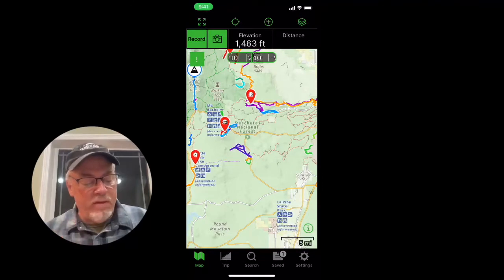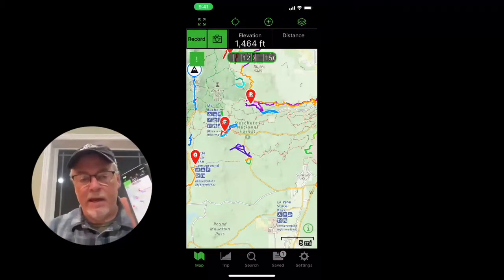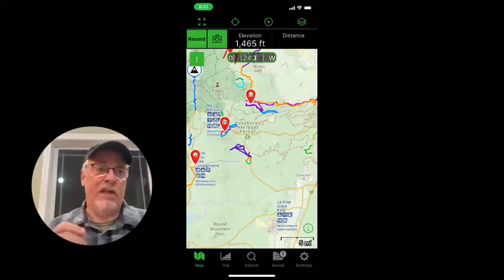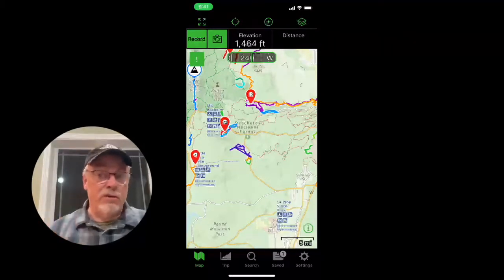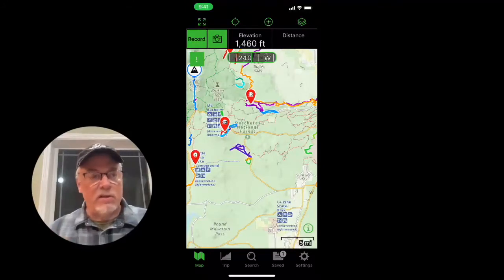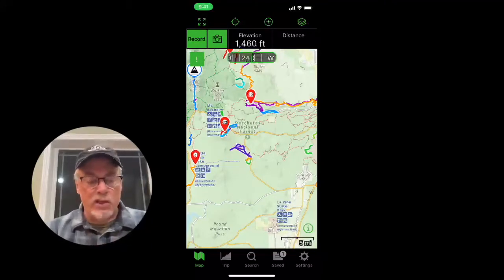Probably the most important thing when you're using an app like Gaia GPS or AllTrails and going into the backcountry or wilderness, where you may have spotty cell service or no cell service at all. When I go backpacking, a lot of the places I go, I'm a couple days from a trailhead and a long way from any cell tower, so there's no cell service I could rely on. You can still use these apps, but you need to make sure that you download the maps for that area first. So for example,